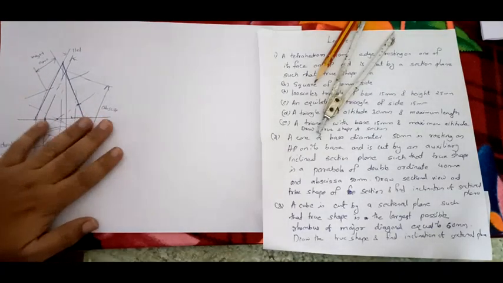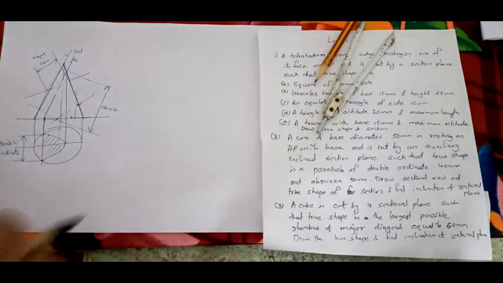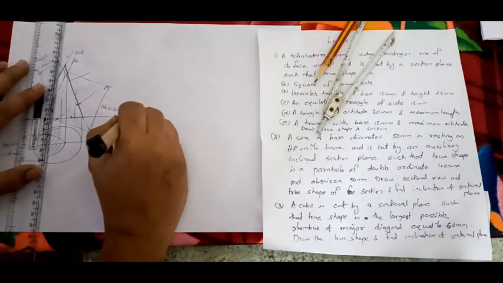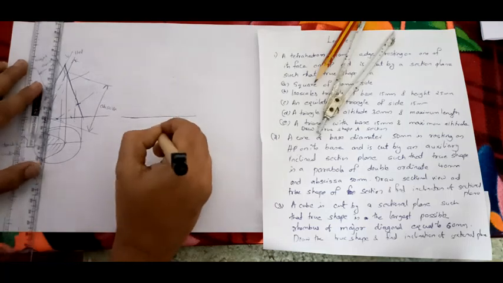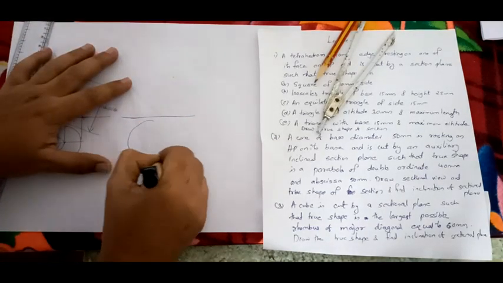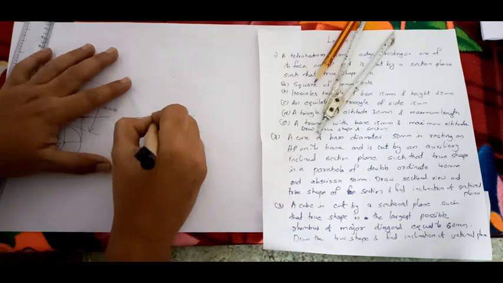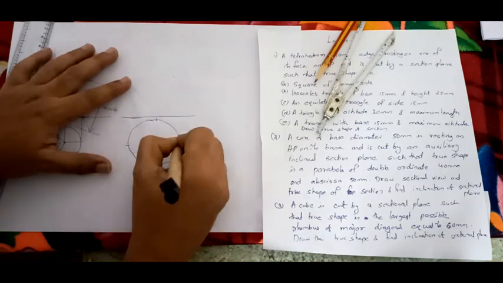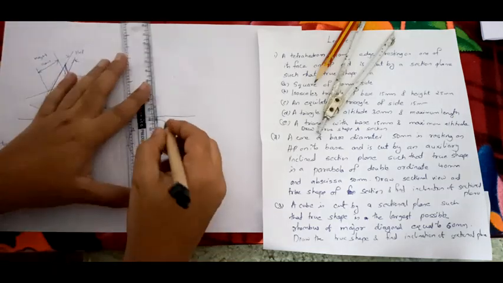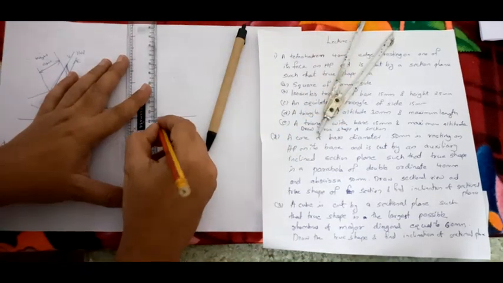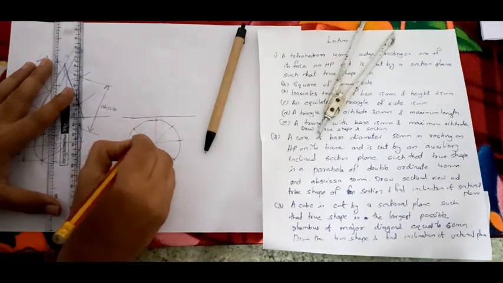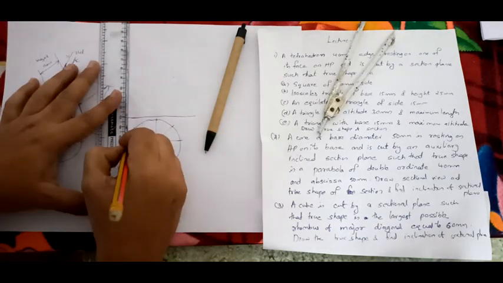how to draw it? See, first we will start. I'm going to start the solution. So roughly I am drawing a circle. So a circle of 50 mm diameter, you can draw a circle of 50 mm diameter and divide it into 8 equal parts. I think now it's very easy for you. You have already drawn enough cones, so it will be easy for you. And project